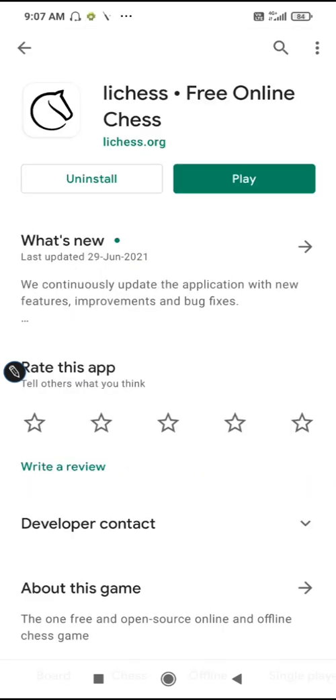After we have come in the Google Play Store, we have to just type Lichess Chess, and since this is already installed, it is showing the option of play. When you are loading it for the first time on your mobile phone, you will first have to install it, and then you can play. Now we will be moving forward to registration, how to register ourselves at Lichess Chess. So without any more wait, let's move on.